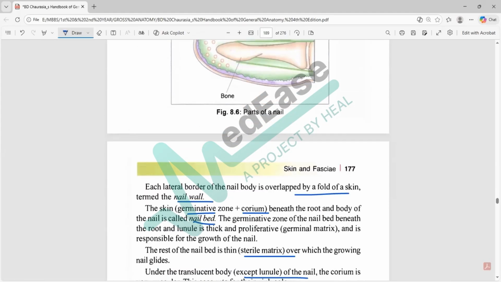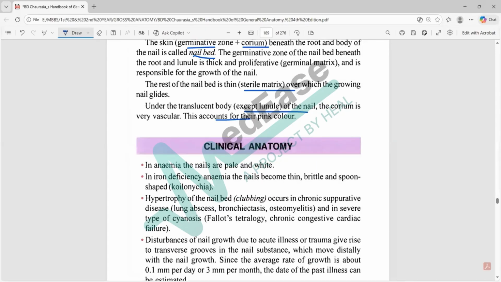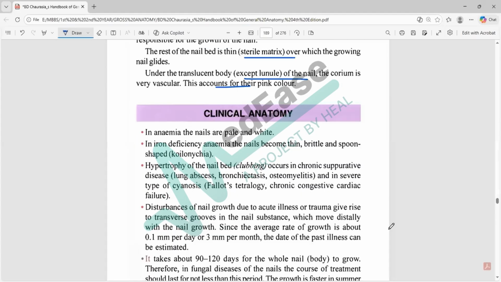Let us go to the clinical anatomy, which is the most important from the dermatological point of view. Now, when we talk about anemias, which is the lack of hemoglobin or RBC, the nails usually appear pale or white mainly. And we also have the condition called clubbing, when there is a chronic suppurative disease like lung abscesses, or there could be osteomyelitis or severe cyanosis present mainly. We will be discussing the major part later. Next, we will be discussing